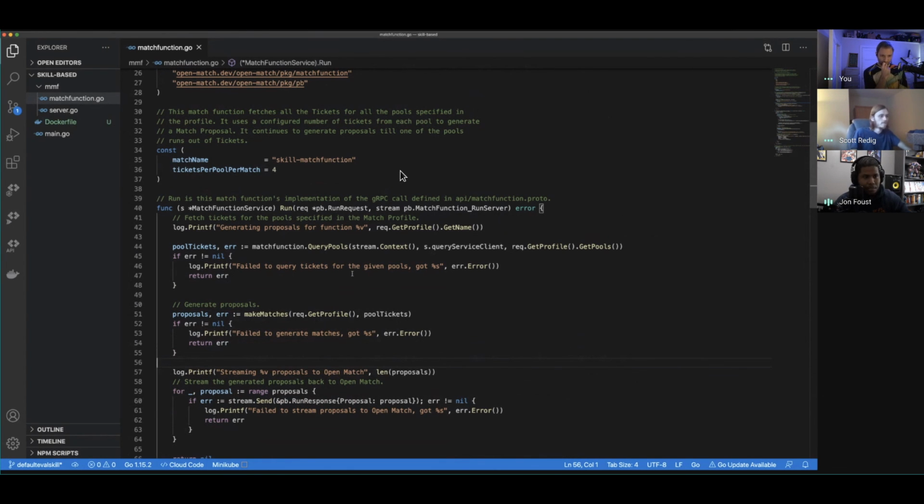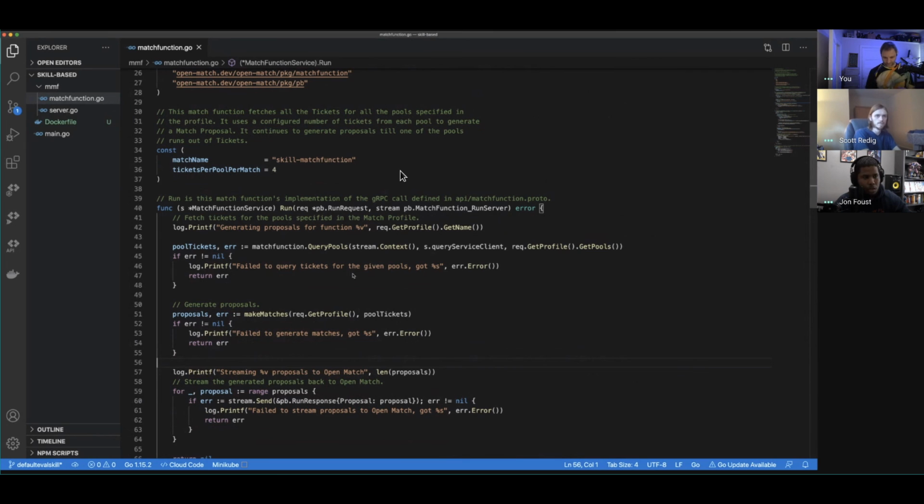It just accepts X amount of tickets, obviously, to each profile. For those who don't know what profiles are, I guess you can call them the match criteria. Actually, it defines how to filter tickets based upon different attributes, whether it be skill, latency, anything that you would consider when matching people in a game. Once you filter these tickets into pools, we can start to run the match function